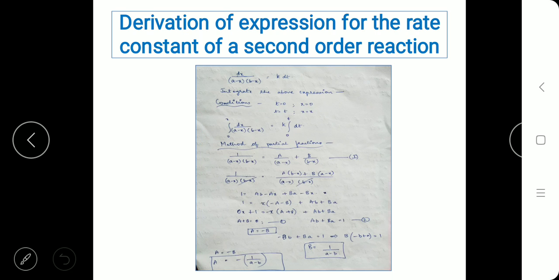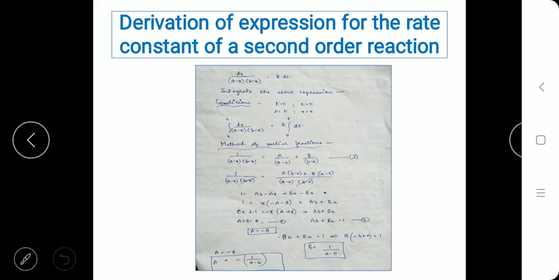Now, in integration, we can make use of partial fractions. Partial fractions is a part of integral calculus which helps us simplify equations or expressions. That's a part of algebra. So here, using partial fractions, we can rewrite